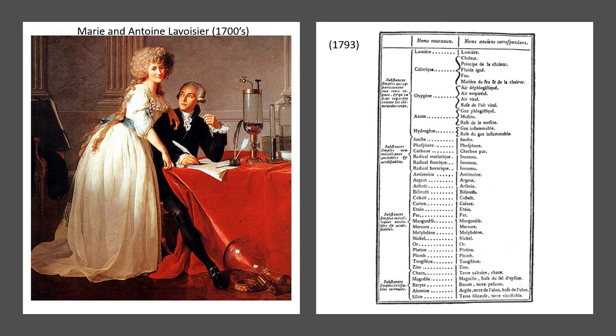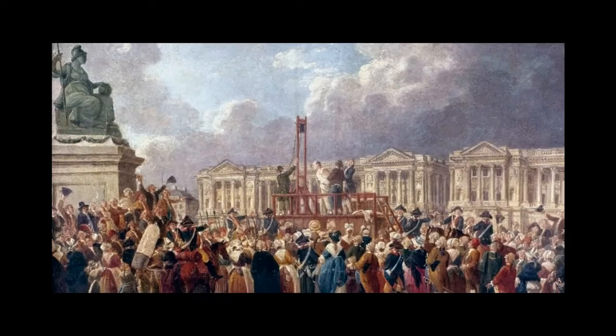Okay, that persisted until the 1700s. And you had Marie and Antoine Lavoisier. They're the ones that really defined chemistry as we now see it. They started using specific measurements and making things very clear-cut and scientific, instead of just adding this to this and seeing what happens. They started writing down their experiments, and she was just as much a part of it as he was. They're often considered the mother and father of chemistry.